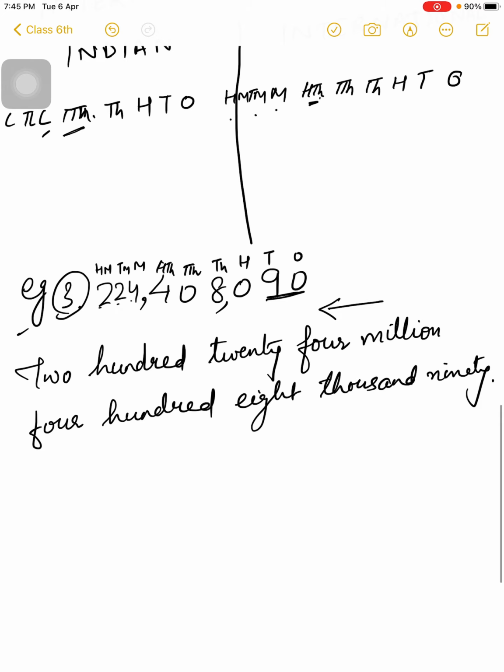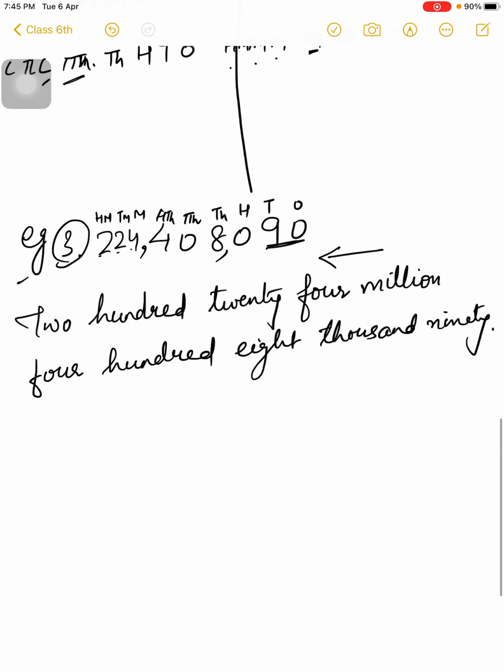224,408,090 is the number name for the given number. Okay, for the given example. Now example number 4, we are taking one more example for international system. So the next number is